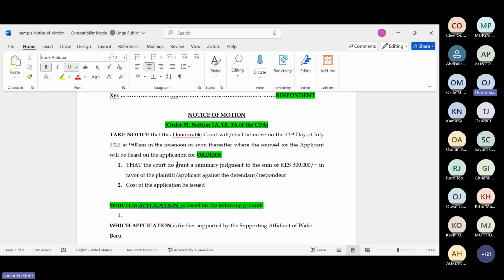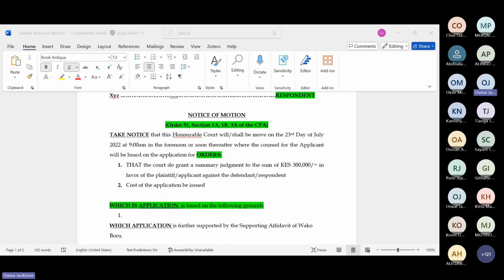You don't know whether they're there, you're just trying to see, maybe you'll find them. No, you will not get an Anton Piller in that instance. You must be able to tell the court that I know the documents are here and I have evidence to that effect. That is the only time you're going to get an Anton Piller.